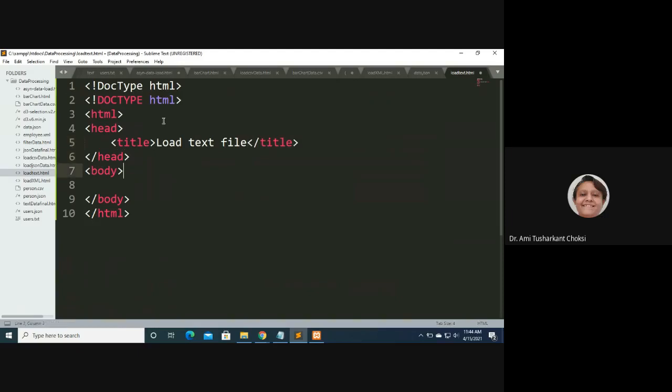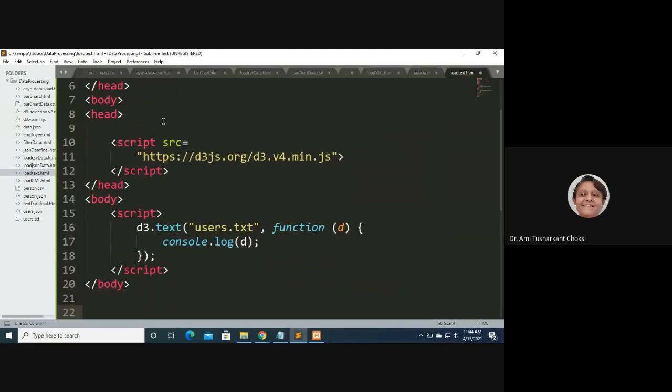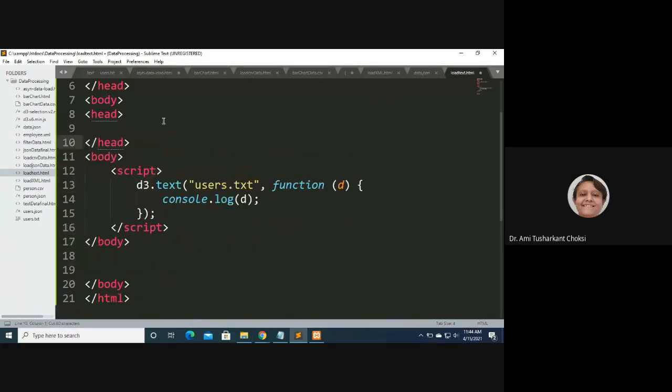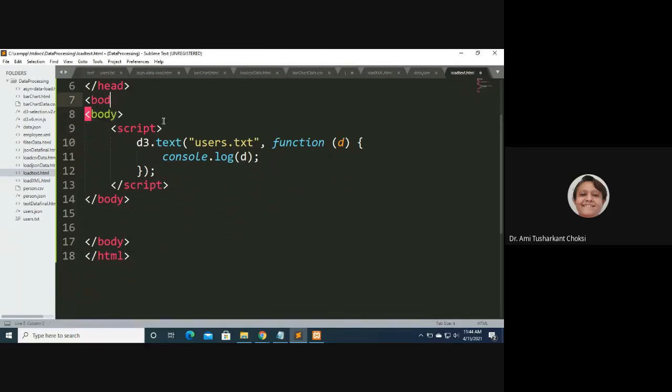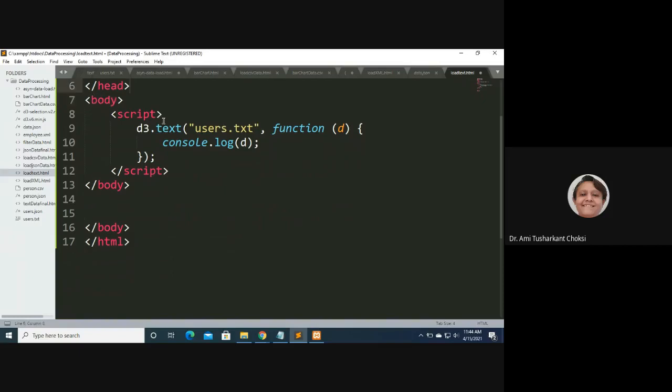So what we do after that, this I should put before, that is this one. Let me remove this because we have already written, body also is available.